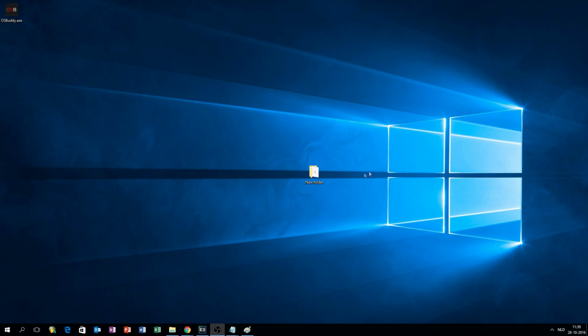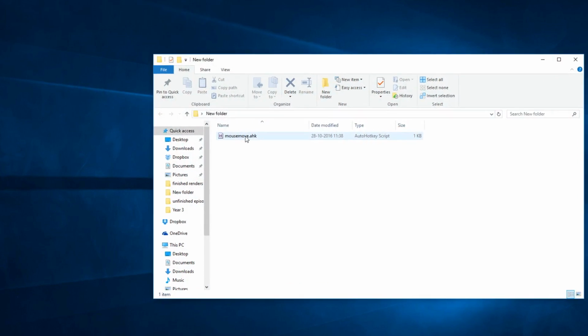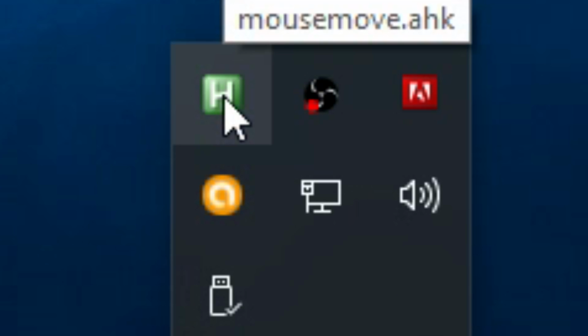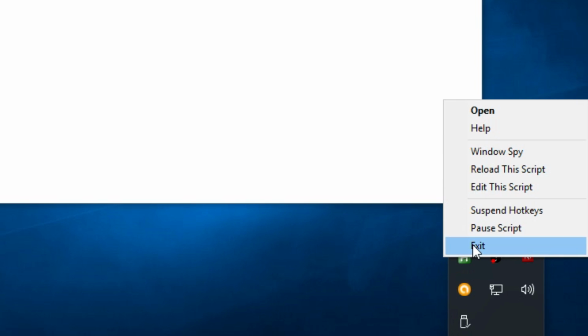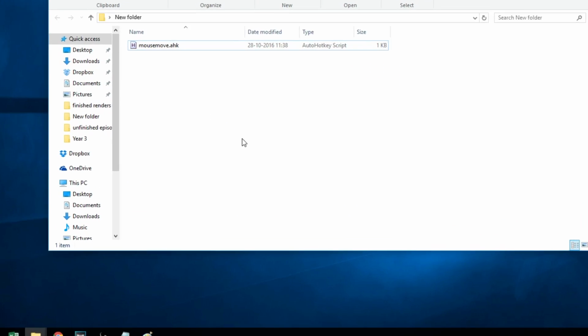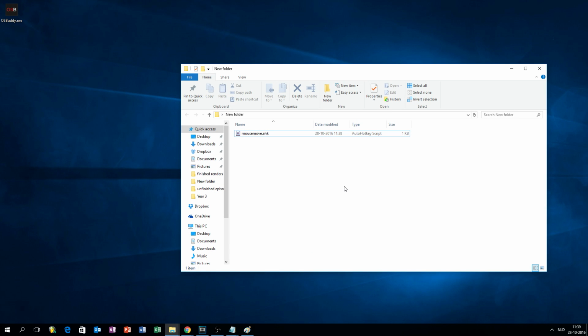Okay, so now we can open the file. I saved it in this folder. Just double click on the mouse move and that will allow it to run in the background. This is also the way to close it, by the way. Just press on exit. We're not going to do that now. What we will do is illustrate how this works. So if I just press 1 on my keyboard, you can see my mouse moves 100 pixels to the right